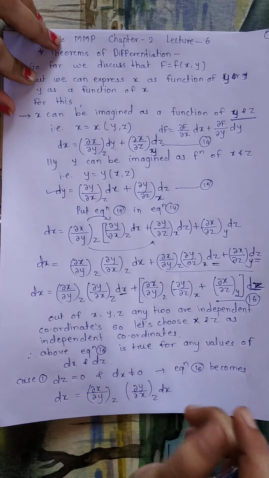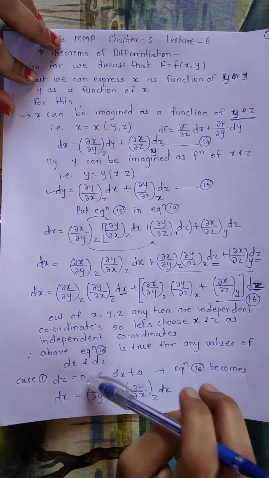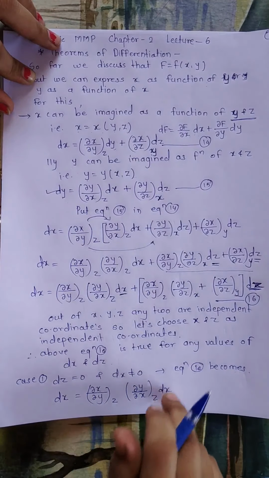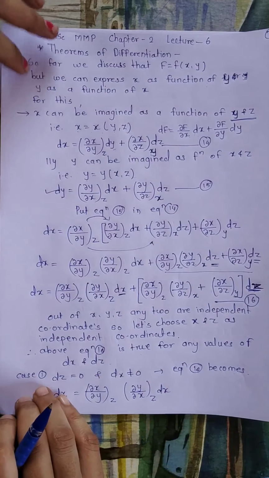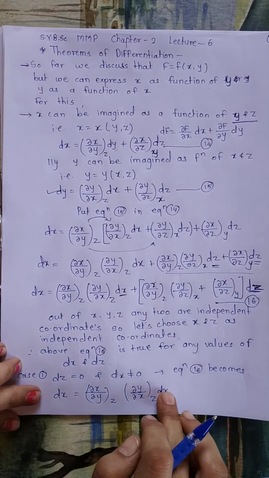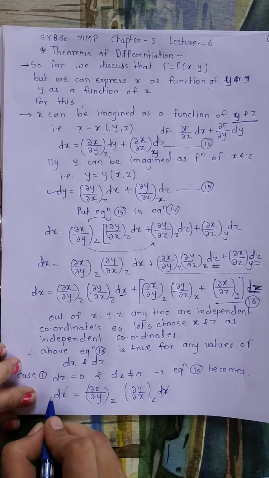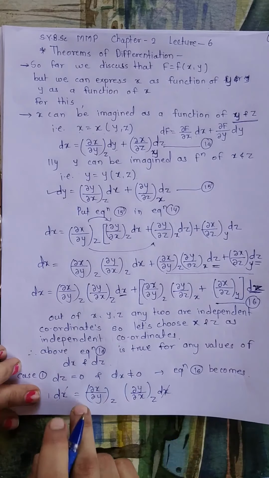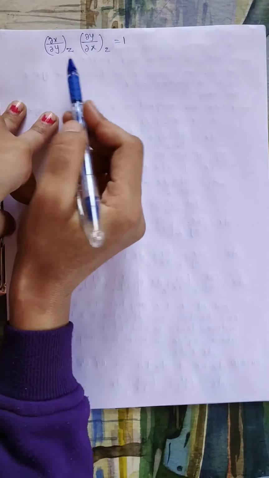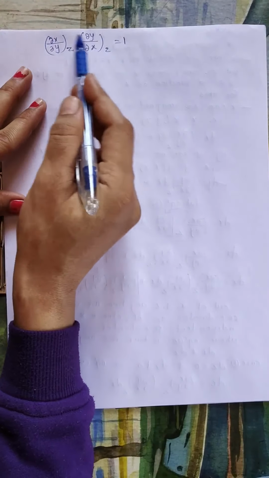In the next case we will take dx as 0 and dz not equal to 0. So we will choose these two values and we will find what is the case. Now here I will rearrange this equation. If you observe this dx and this dx, if we take it on LHS, both will get cancelled. On LHS we will get 1. So let me write this modified equation on a new page. So dx on both sides gets cancelled, on one side we got 1, and these terms as they are.